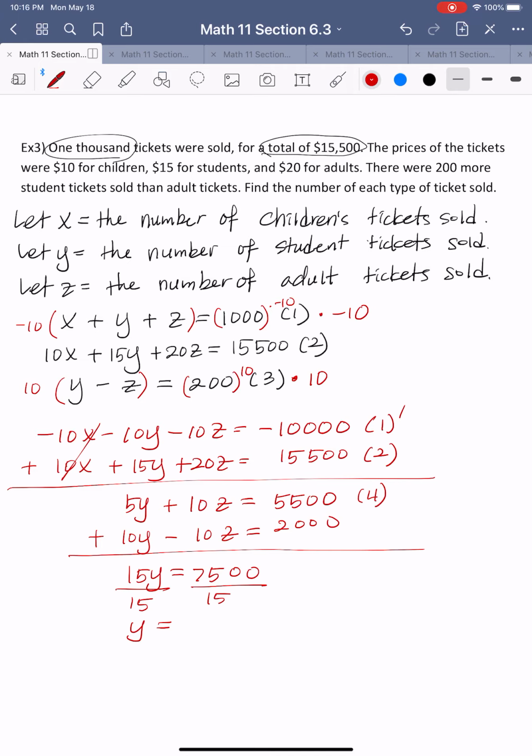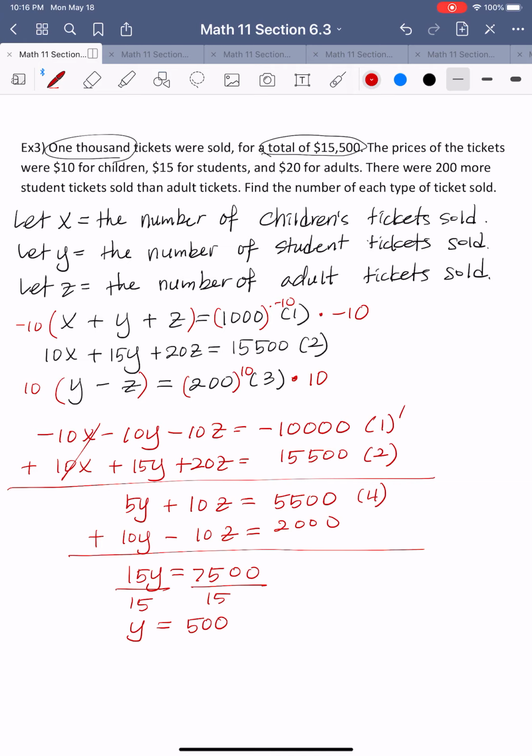And divide by 15 is, okay, so 500. So 500, the student tickets. Now we still need to find then the x and z. So I think I want to find